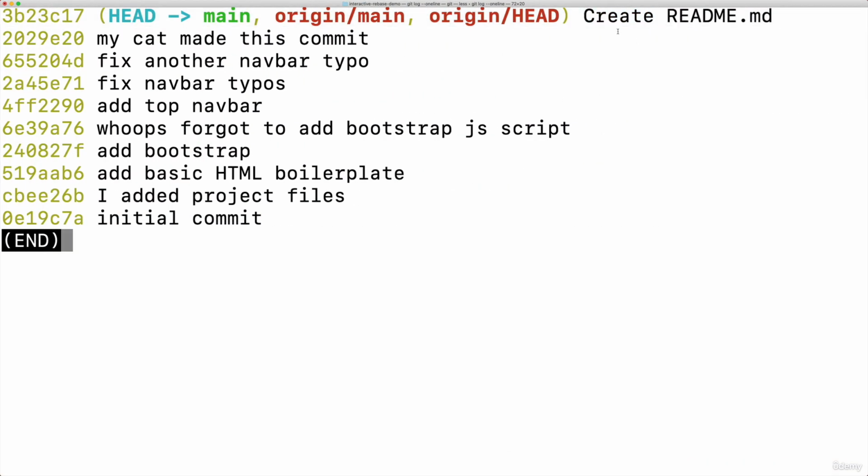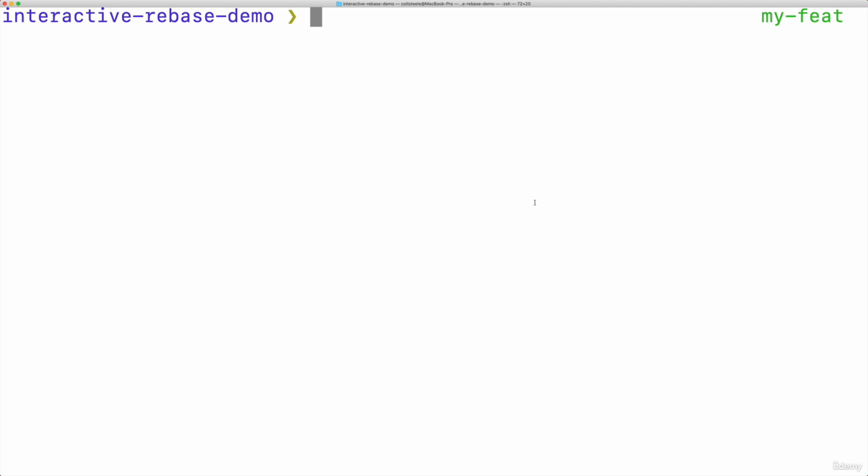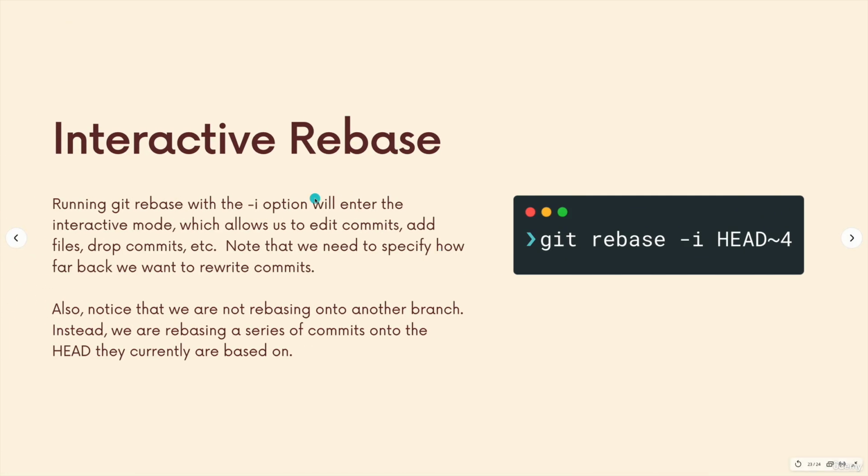Anyway, so what I'm going to do, I'm going to make a branch first. So this is just on the main branch, but imagine we're working on some feature. So I'm going to make a branch, git switch -c, my feature. All right, so I'm on this branch and I am ready to share this code with people, but then I realized this is actually pretty terrible. I want to go through and clean up some of these commits, condense them, maybe drop some, rename them before anyone sees them. So as we talked about, we can use this git rebase command with the -i option and